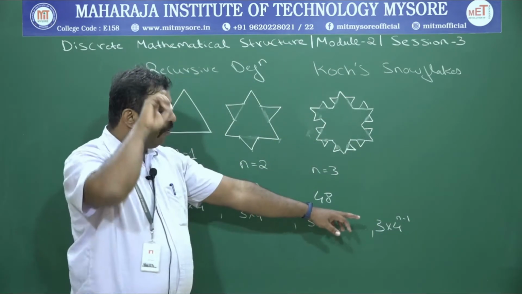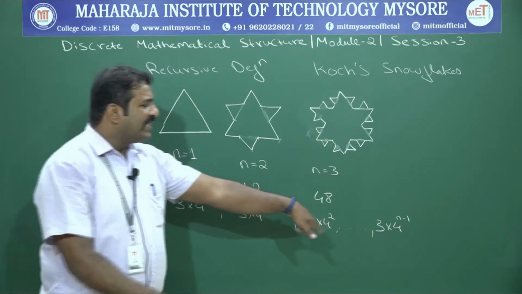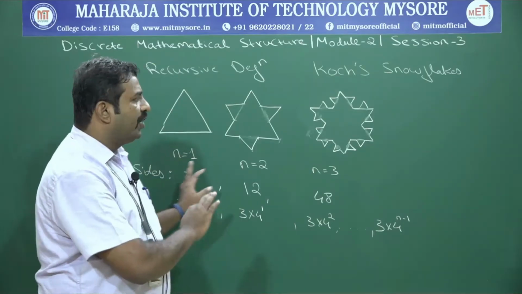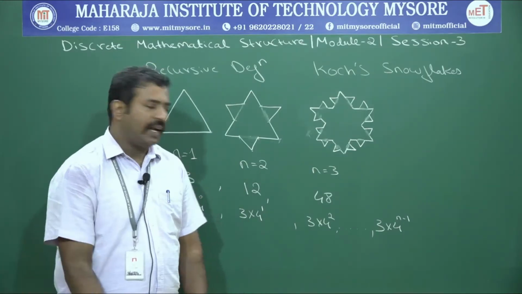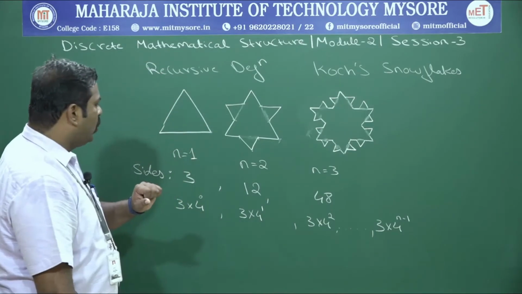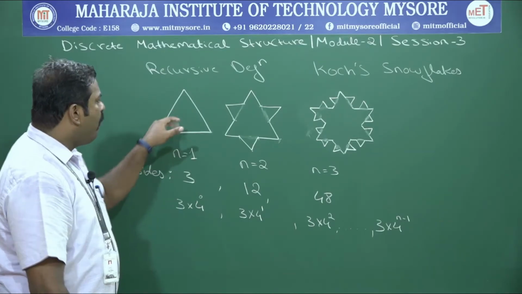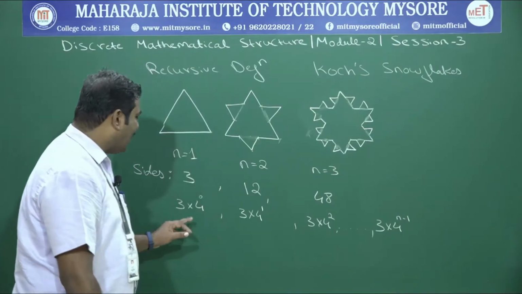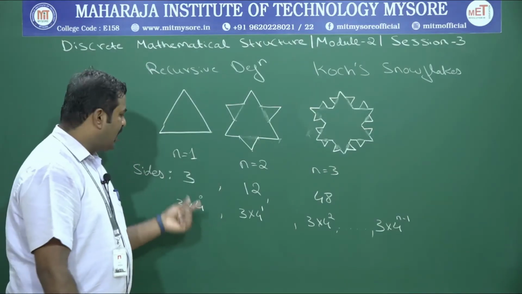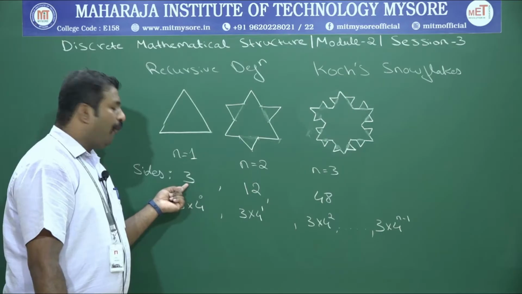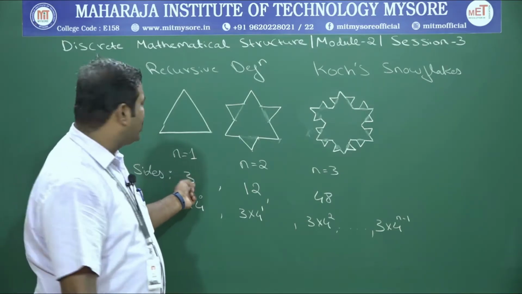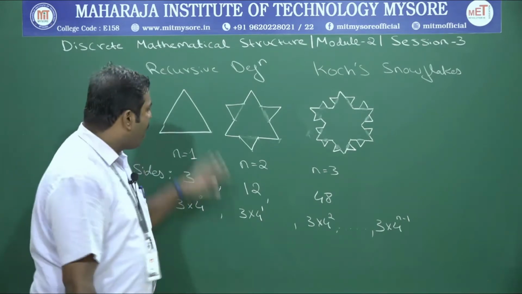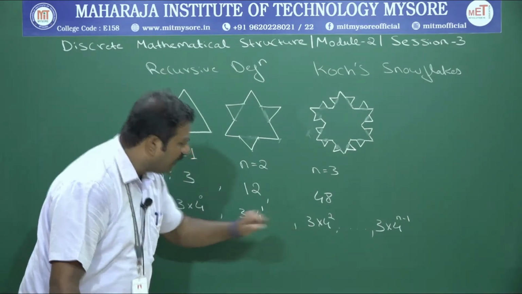Fine. If I give what's the value of n, now you can easily say how many line segments or how many sides this snowflake structure is going to contain. So now if I want to know how many equilateral triangles this is going to contain, I know the number of edges or segments each equilateral triangle is going to contain. It's going to be 3. If I divide these values by 3,